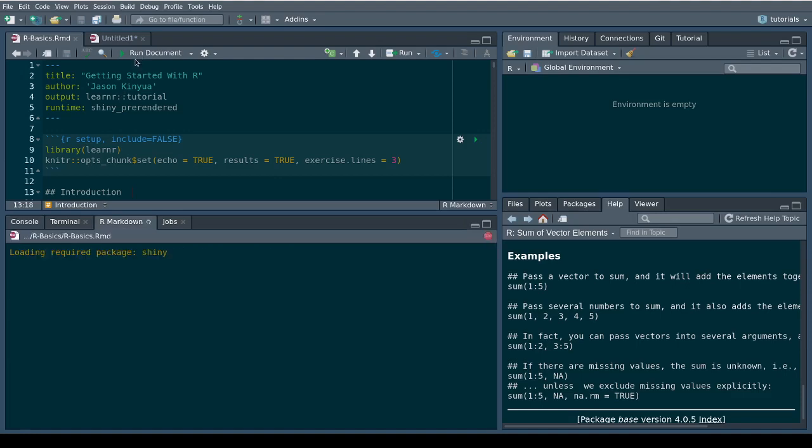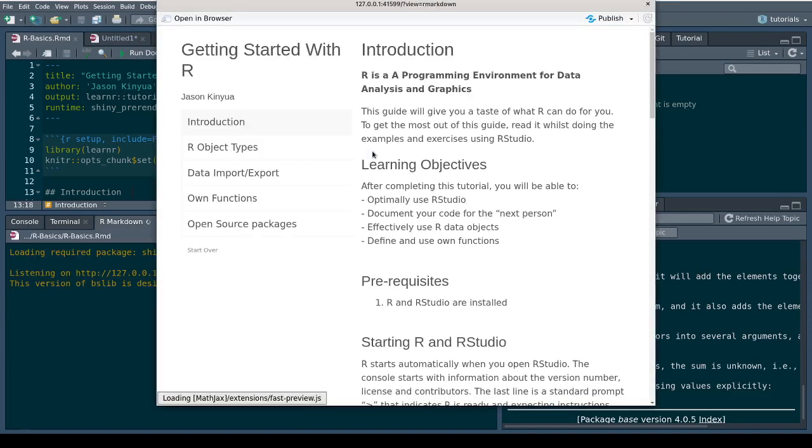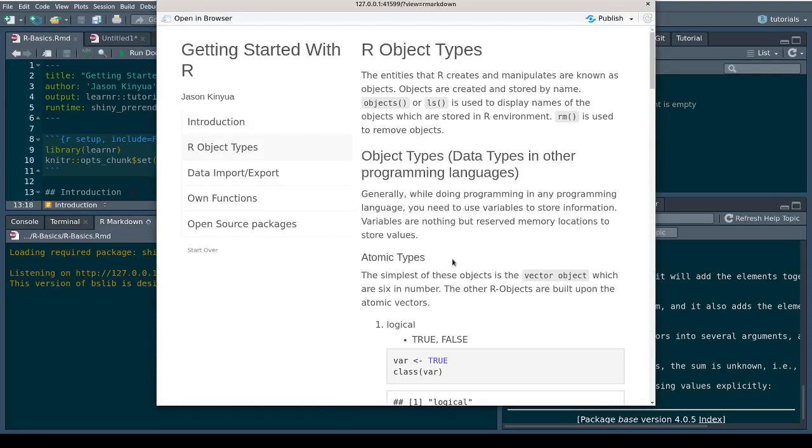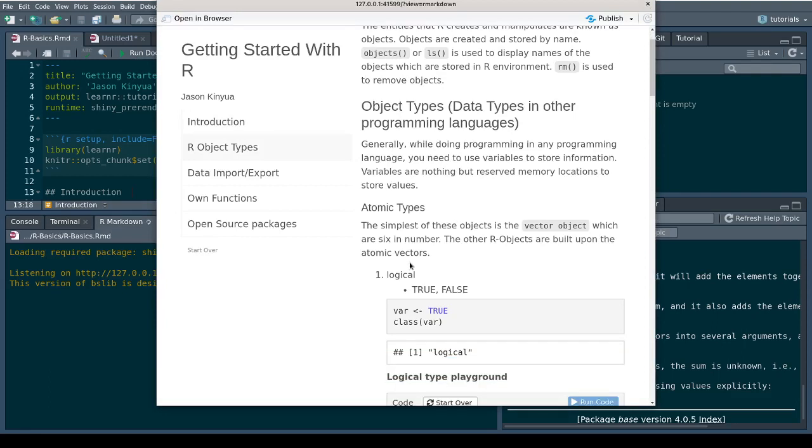Going forward, just as we would say that in Python we have various data types, here in R as well, it supports a number of data types, and categorically it has two broad classes. The first class is the atomic types.